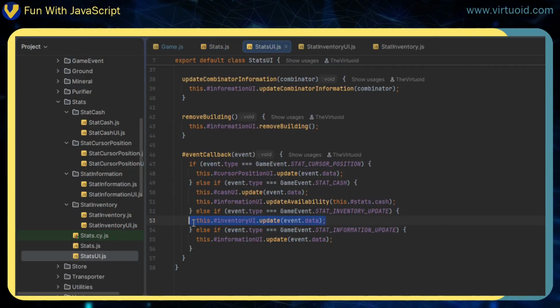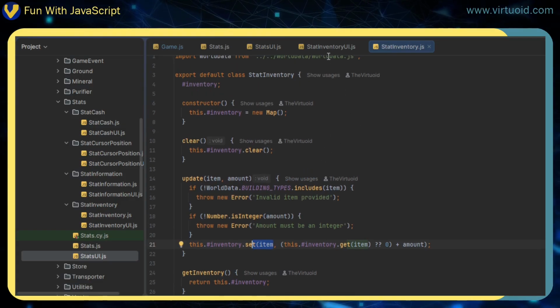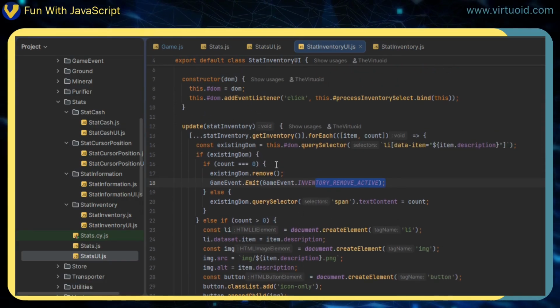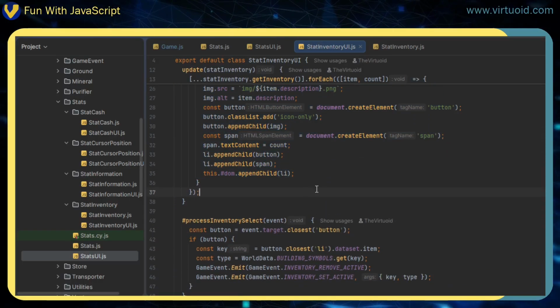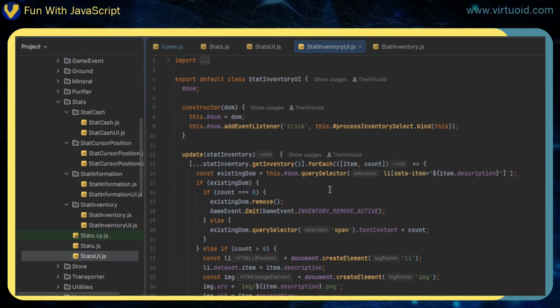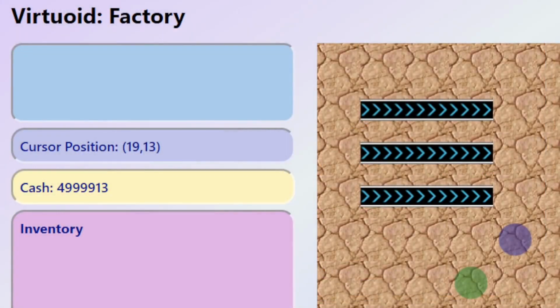So this then does the inventory UI callback, and that inventory UI then does its update. If there's no more left, it's going to tell it to remove the active, otherwise, it's just going to change the text that you see there. Then, there are buttons involved with it, and we can see those buttons on the stats screen there. Let me purchase something, and we can see. There's not really buttons, but the image itself is the button. Once that gets clicked,